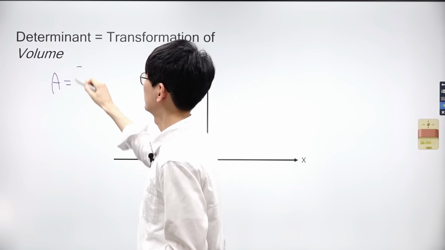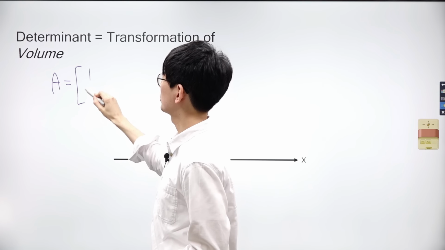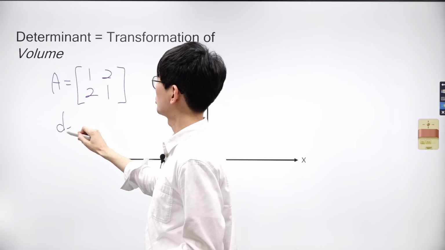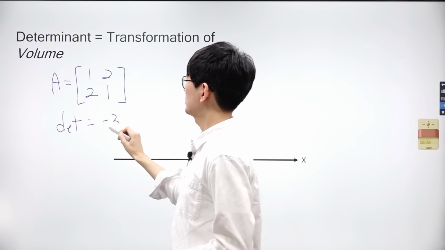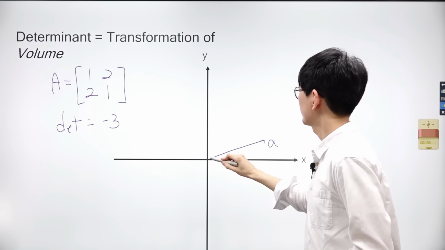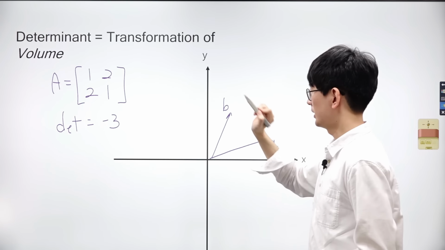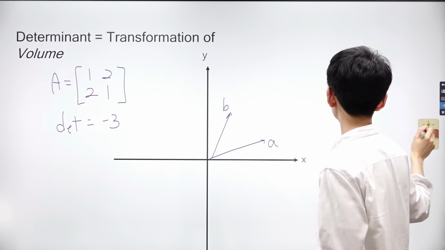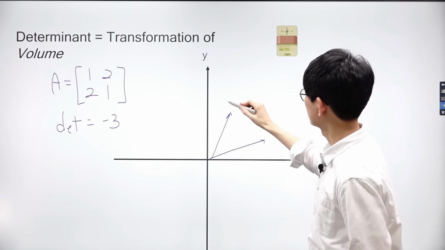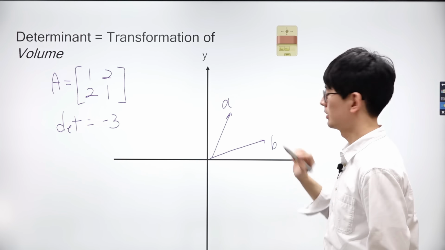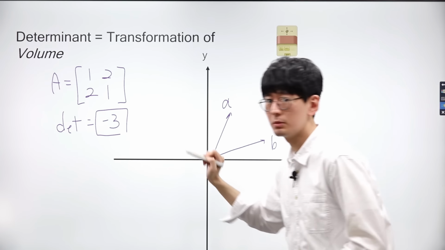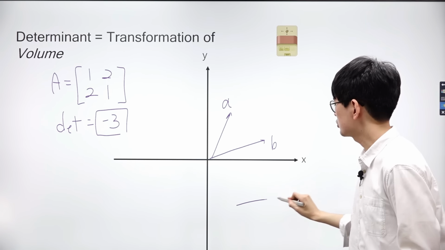Sometimes, the value of a matrix determinant is less than 0. Consider matrix A with entries 1, 2, 2, and 1. Calculating the determinant using the formula gives us -3. This matrix contains the same vectors as the one in the previous slide, but their order has changed. This change in order is why there's a negative sign in front of the 3. Let's delve into what the negative sign in front of the 3 signifies.